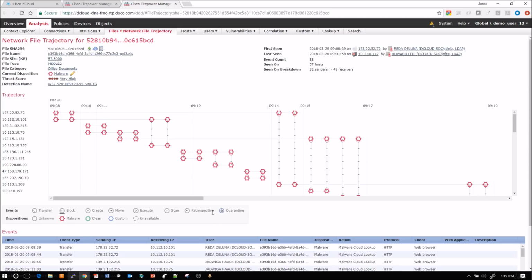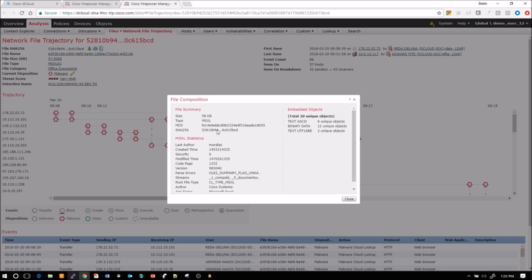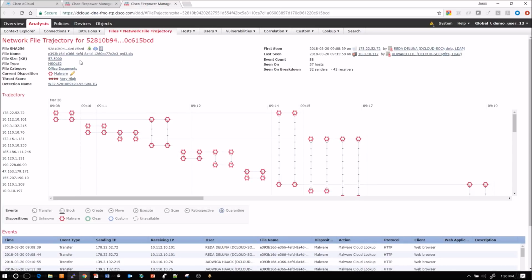We don't leave you hanging. Everybody's trying to do 100% prevention, right? Everybody in the industry. And we can argue who's better. At the end of the day, every product has or will miss something. And you want to have capabilities to mitigate that very quickly and understand what actually happened. So you can see the dispositions at the bottom. We come up, we see the